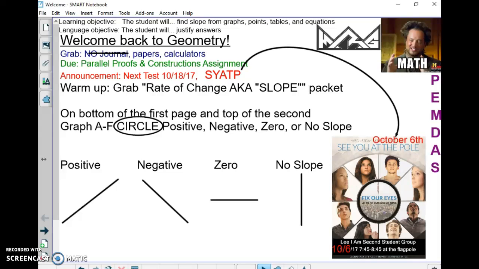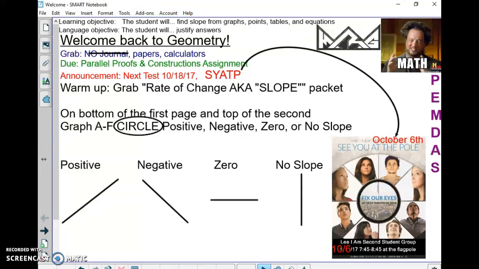Your warm-up is to take the packet that you grabbed on the way in. You can see on it that at the bottom of the first page, there's graph A, graph B, graph C. And if you turn the page, on the back of that front page is graph D, graph E, and graph F. So what I want you to do as a warm-up is to circle whether they are positive, negative,